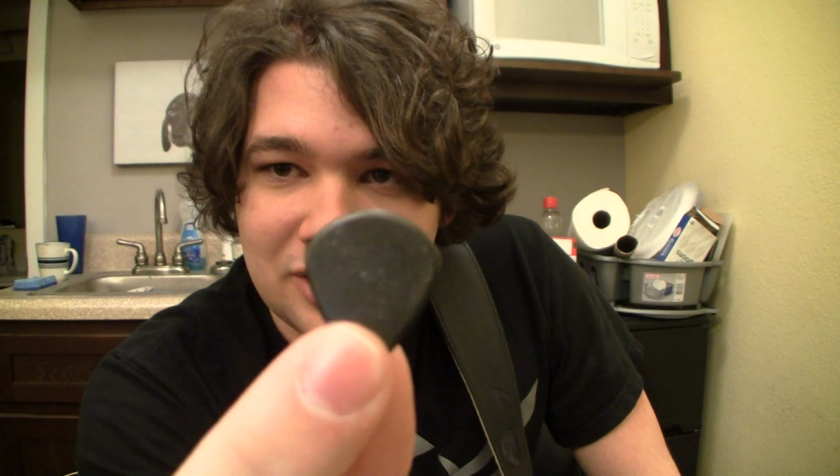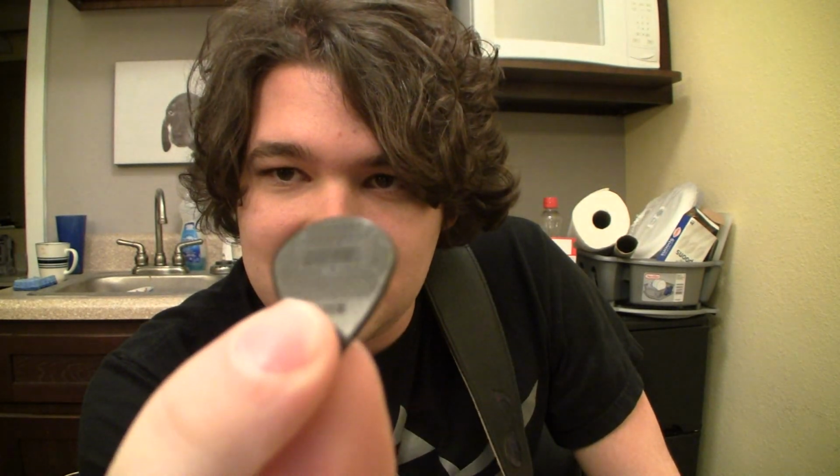Then next we have the Jazz 3 carbon fiber version. This has the little grippy bits on it, you can see there. This is really good for holding on to live. The downside is it is a little thinner and the material's different, so I think it has kind of a brighter sound, almost like a thwap to it. Then